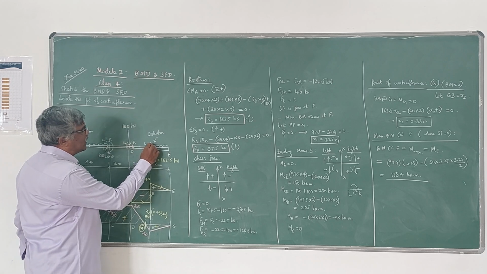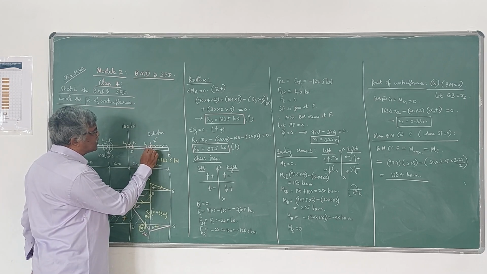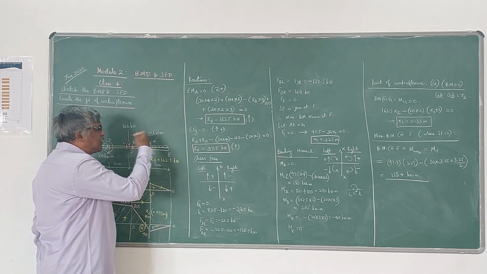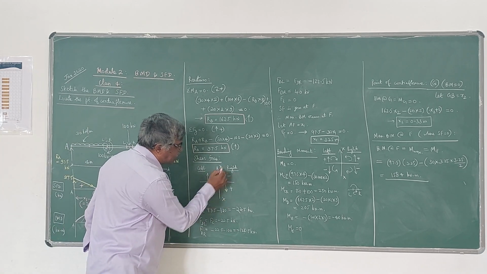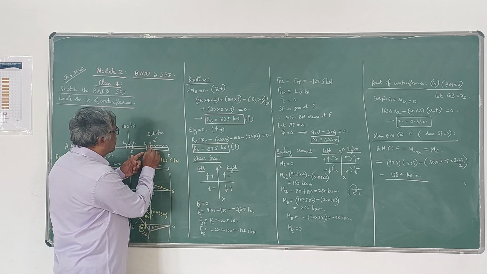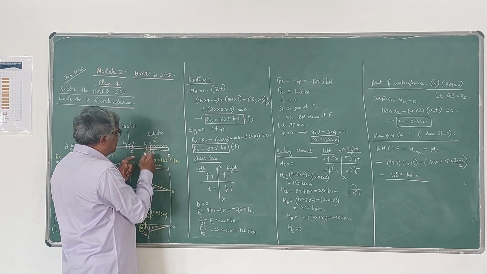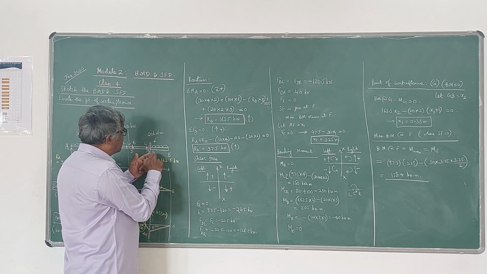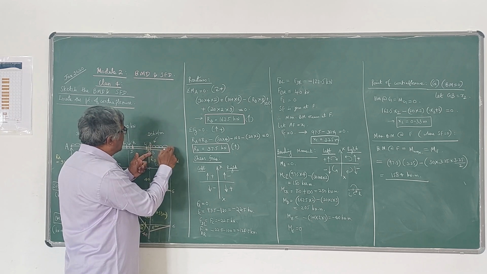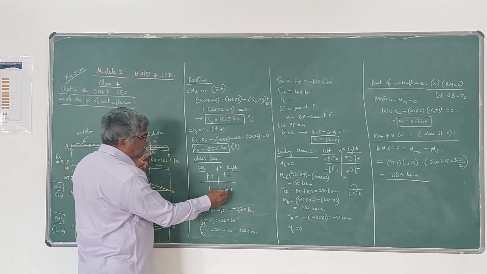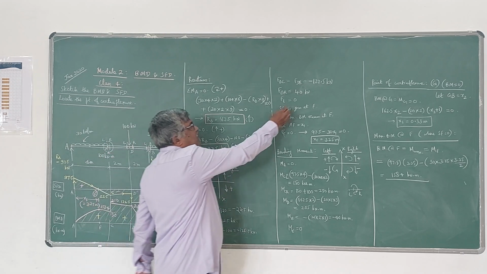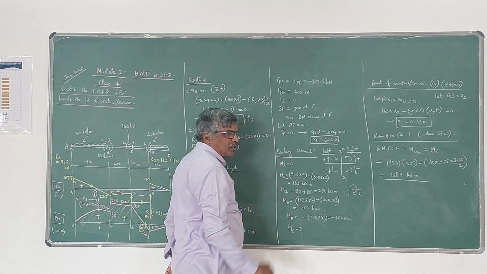Then I will take the right of B. Right of B is to this point. Now you can just see the right side also. So when you are seeing the right side, you have to see this sign convention. Right side, only this UDL is seen. This reaction is not seen. If you are seeing the right side of B, only this UDL is seen, that is 20 into 2, which is acting downwards. So downwards is positive, therefore it is 20 into 2, 40 kN positive.